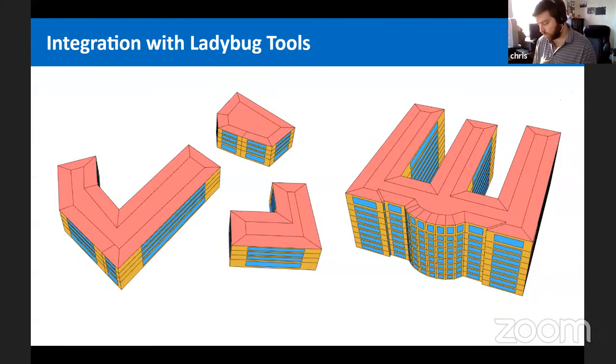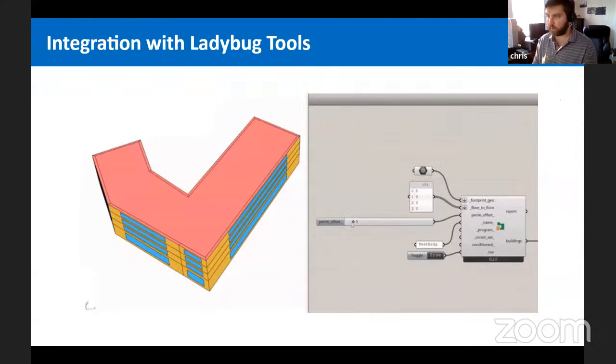Whether that's concave or convex. And just to show you that this can handle a variety of different types of shapes and building offsets, you see here an animation of just adjusting that perimeter depth for a given concave building. And you see that it's able to resolve, even as the perimeter depth comes into contact with the core zone, that's all smooth and works together.